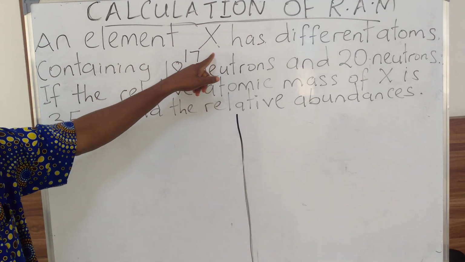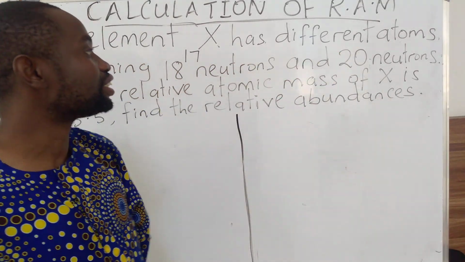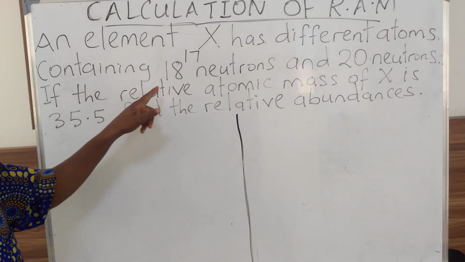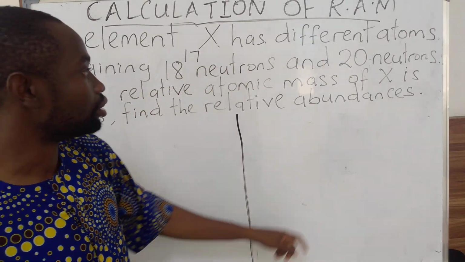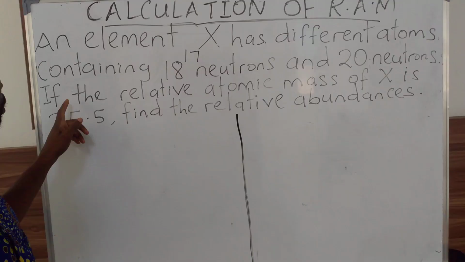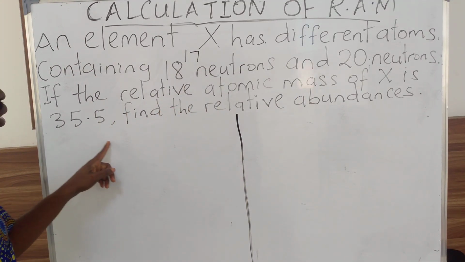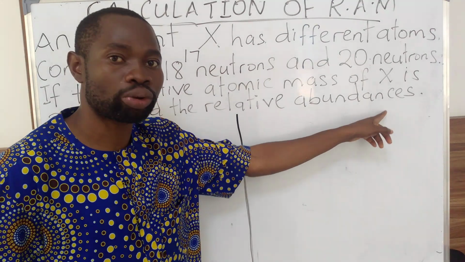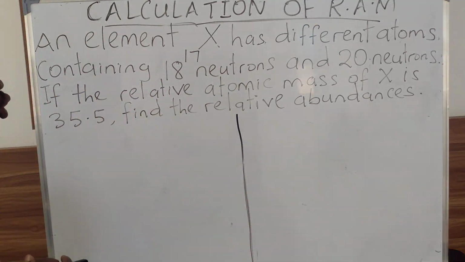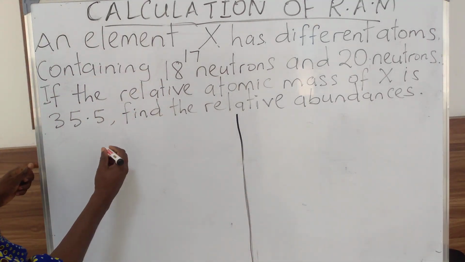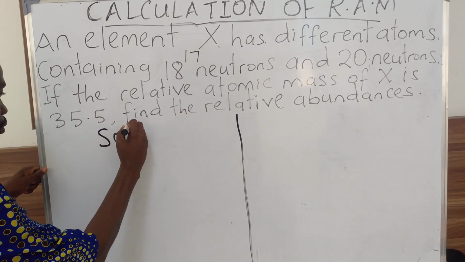An element X17 has different atoms containing 18 neutrons and 20 neutrons. If the relative atomic mass of X is 35.5, find the relative abundance. So we are looking for their percentage composition. So what we are going to do to solve this question: